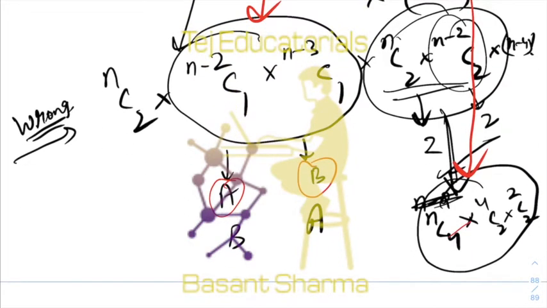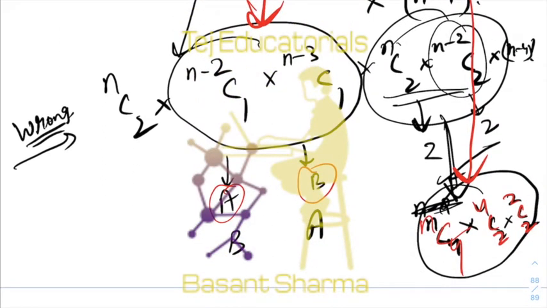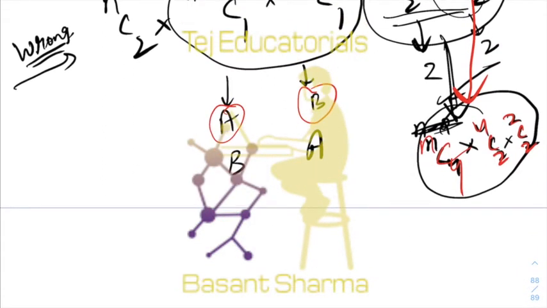So as I said, NC2 into n minus 2C2 can also be understood in this way. You select four games first, the four games that you want to distribute. Once you have selected the four games, you can't just stop there. You have to decide which two games must go to which person. So 4C2 will go to one person to select two games out of four, and then the remaining two games will go to the remaining person. But here we are saying that select two people together rather than selecting one after the other, because ordering of the persons is not important.